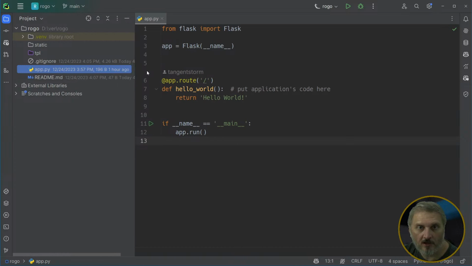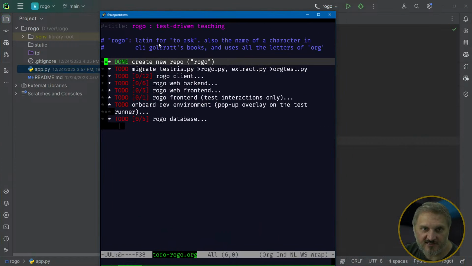Okay, so I guess I have a new repo called rogo. Rogo is what it says, Latin for to ask, also the name of a character in Eli Goldratt's books that are very Socratic approaches to teaching business concepts. And it also uses all the letters of the word org, so I thought that. Anyway,